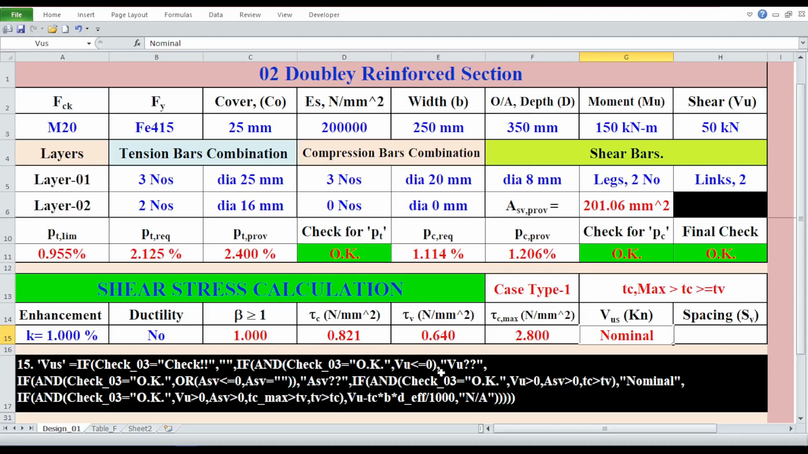Close that parenthesis for the n function, comma, then within quotation, VU, with double question marks, comma, if, open parenthesis, n, open parenthesis, check_03 equals to, in quotation, OK, comma, or, open parenthesis, ASV less than or equals to 0, comma, ASV equals to blank quotation, close parenthesis for the OR function, close parenthesis for the n function,